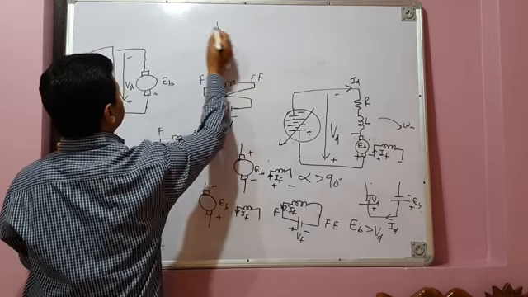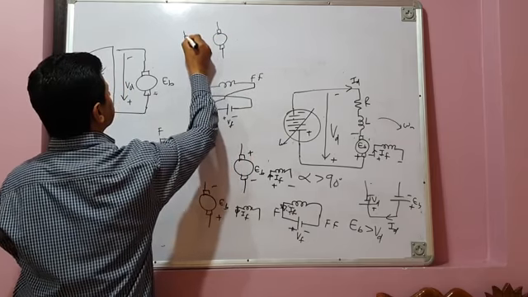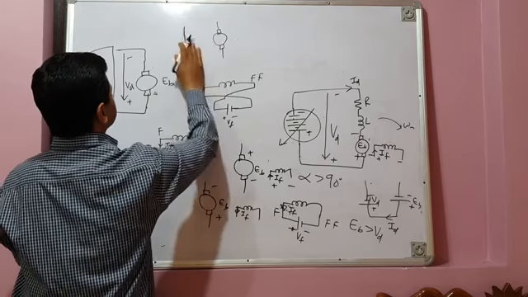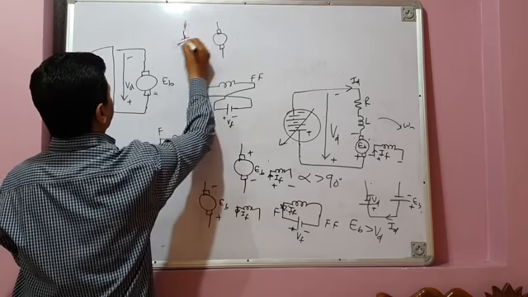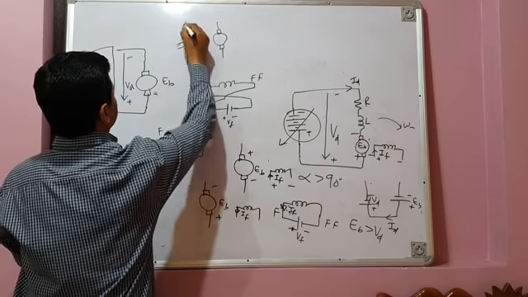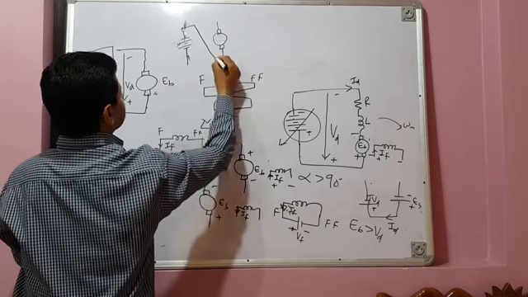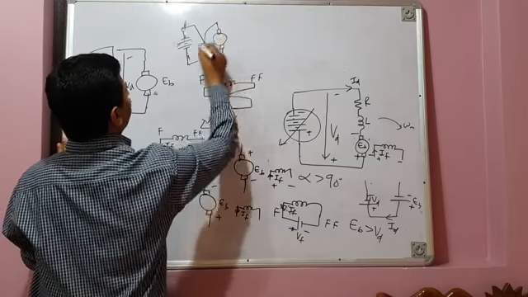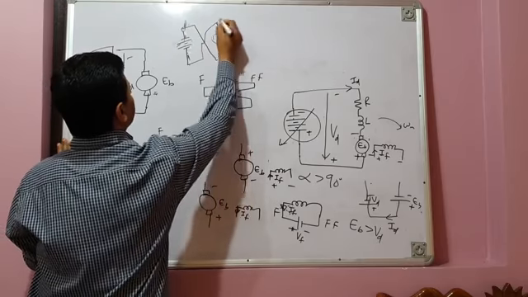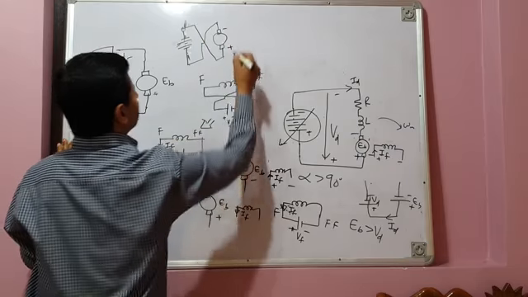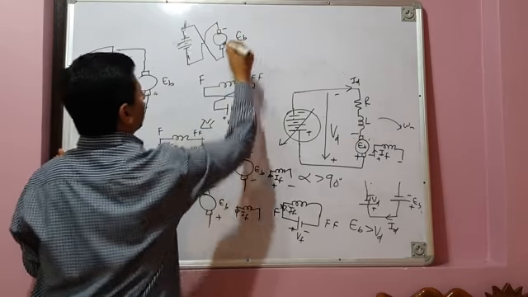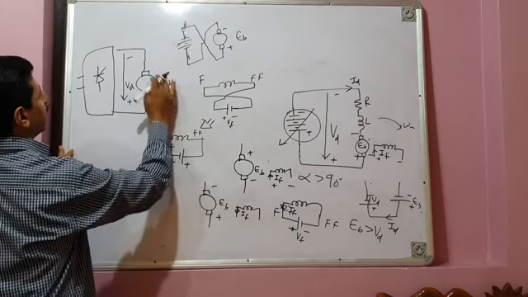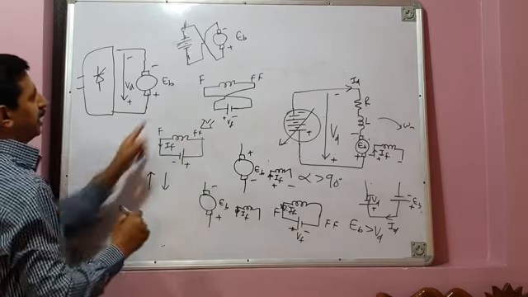This is the armature terminal, and this is your converter average output voltage. What you will do is connect this negative to this, and positive here. So the negative will come here and this positive will come here. Therefore, what will happen to the back EMF? The back EMF will reverse. So you are reversing the connections. This becomes positive, this becomes negative, like this.